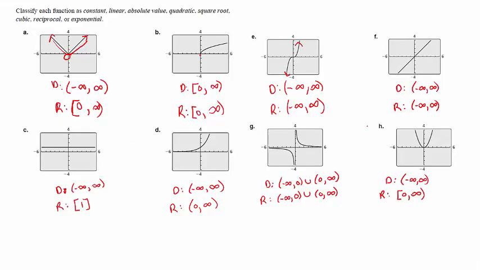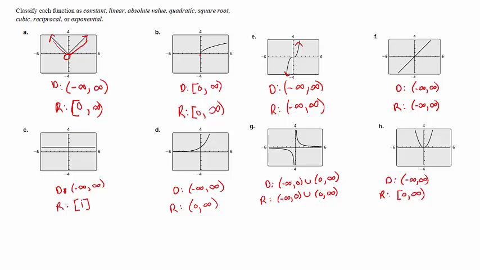So go ahead and take a look here. Letter F should have been the same as letter E, right? Goes on forever, top, bottom, left, right. On letter C, in terms of left to right, it's negative infinity to infinity, but the range is strictly 1, so there's no other height in this range. It starts at 1 and it also ends at 1, so we just kind of use brackets and